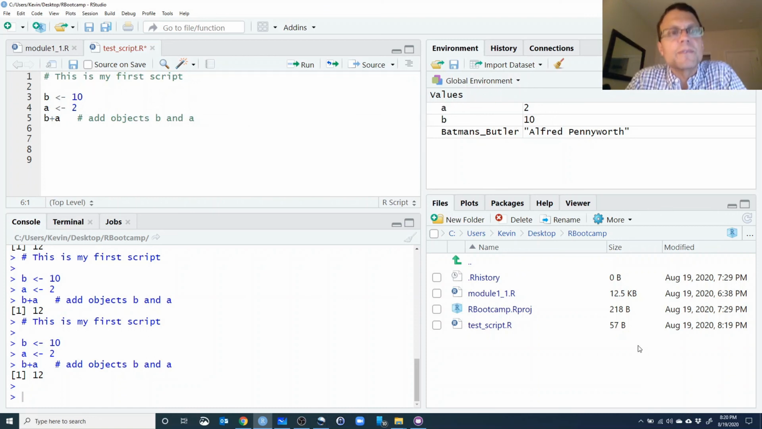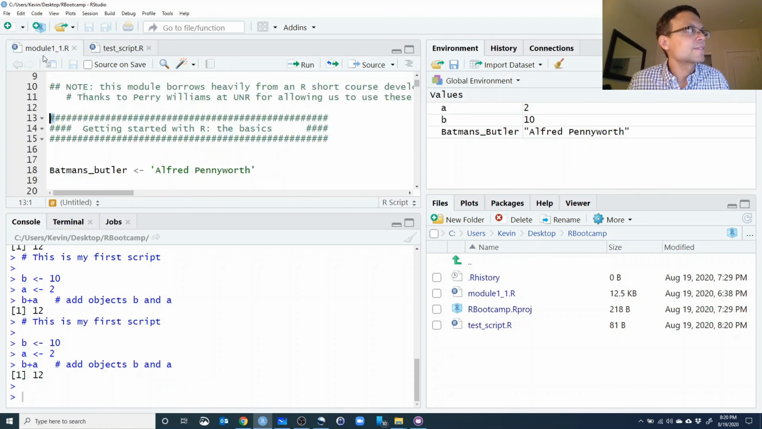So play around with the script on your own. Make sure you understand the basics of working with R scripts, and make sure that you always save your scripts because you don't want to lose anything. And we'll come back, and when we come back in the next video, we will work with the existing script, module 1.1, and let's start working through